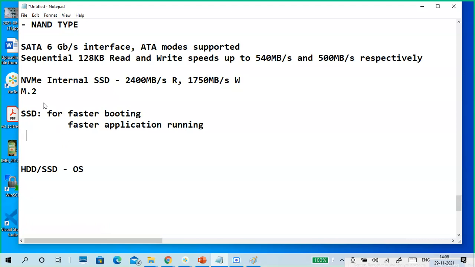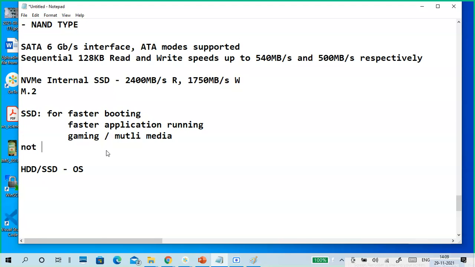Okay, you want to run the application in a faster way. Next one is gaming. You need gaming or multimedia. Nowadays, everything is big data, very fast read and write is required. So multimedia purpose. Okay. Also, we are using SSDs.